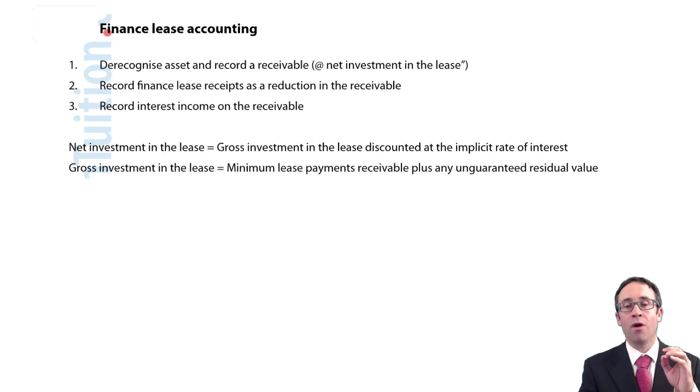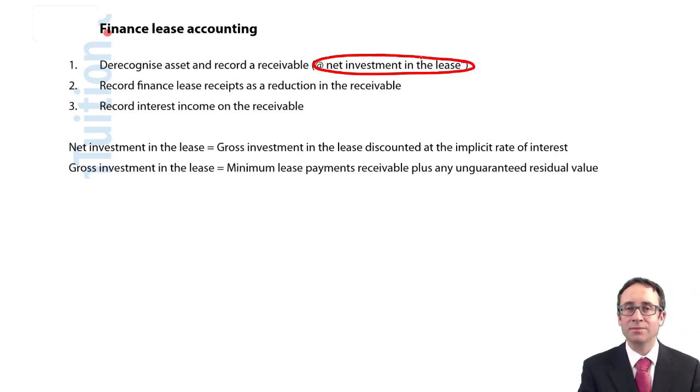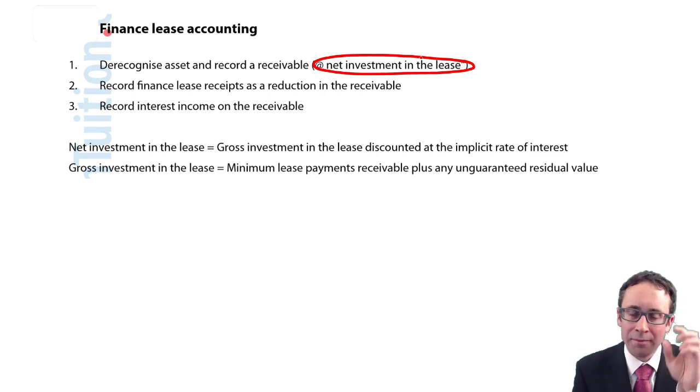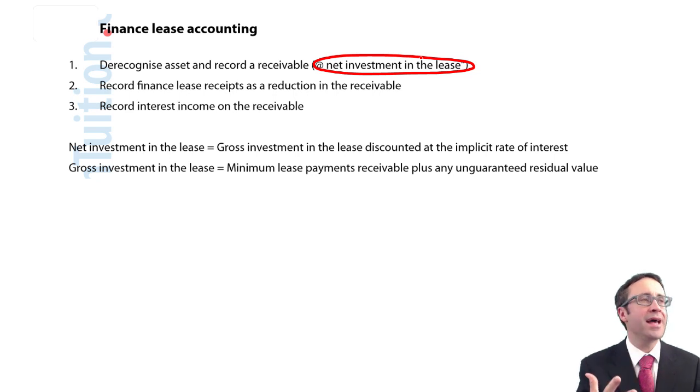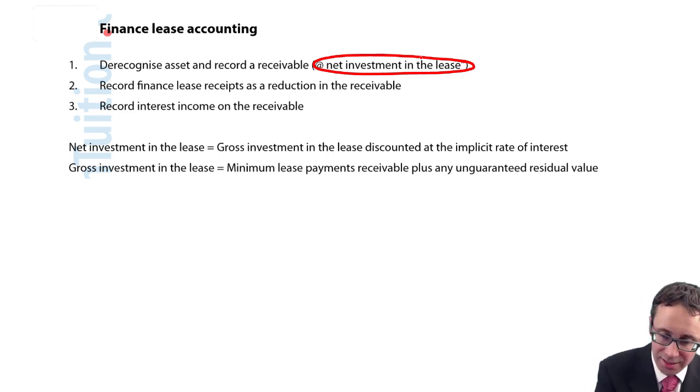The issue that we have is, at what value do we record the receivable? Well, we are going to record it at what is referred to as the net investment in the lease. What do we mean by the net investment in the lease? Well, by thinking about it net, we're talking about things in today's terms, net, if you like, after any discounting. So the receivable needs to be worth what we receive in the future, so looking at the lease payments. But by looking at it net, we're looking at it in present value terms, and effectively that's what it says there